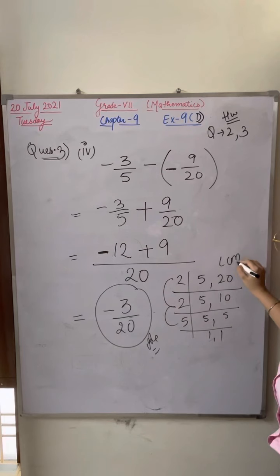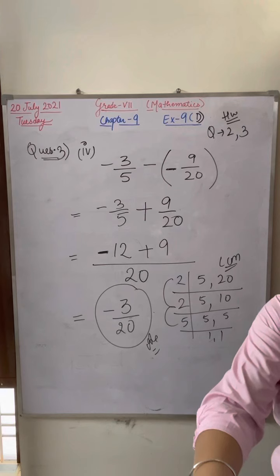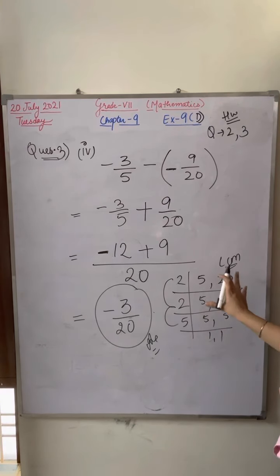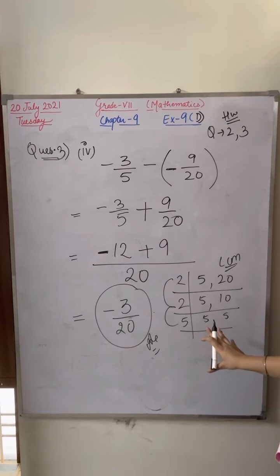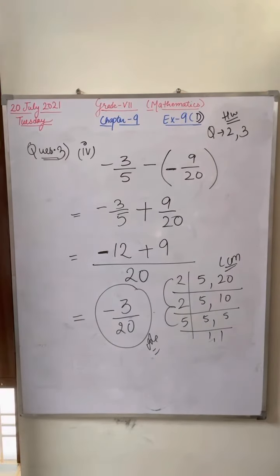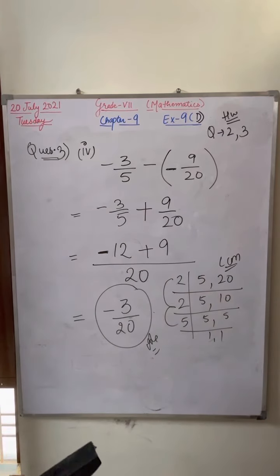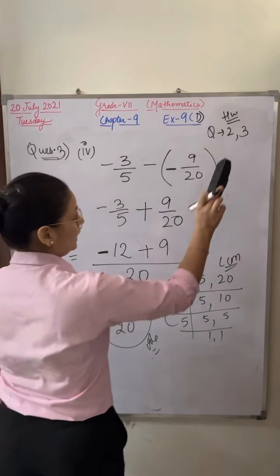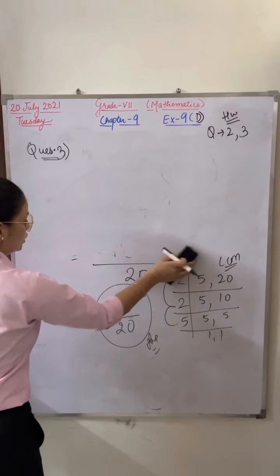This LCM you can do on the right hand side, in your paper or in the fair notebook if you want to show. But don't overwrite anything. I want everything to be spick and span. So, the fourth part I have done. Any doubt in question third now? Two parts I have done in the class, two parts I am giving you for the homework. So mark quickly question 2 and 3 for the homework.